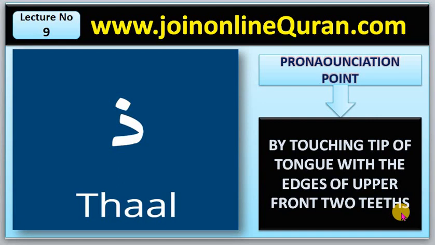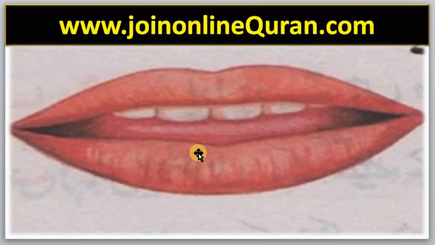which was about sa. That means we can pronounce this letter zaal, and the lecture number 3 letter, which was sa, both letters with the same point of pronunciation, which is by touching the tip of the tongue with the edges of the upper front two teeth. So you can see in this picture,